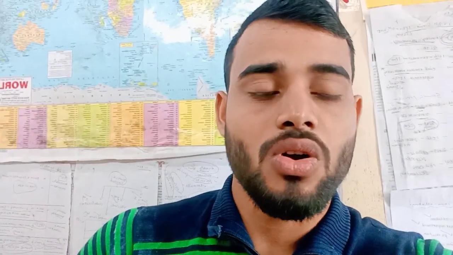So on the demand of our subscribers, today I'm here with a small topic, that is Robert Nozick. Robert Nozick is one of the scholars of the libertarian concept of justice, and his famous book is Anarchy, State, and Utopia. Okay guys, this book was written by Nozick as a critique of John Rawls' theory of justice. First of all, you have to remember the book Anarchy, State, and Utopia. It was written in 1974.